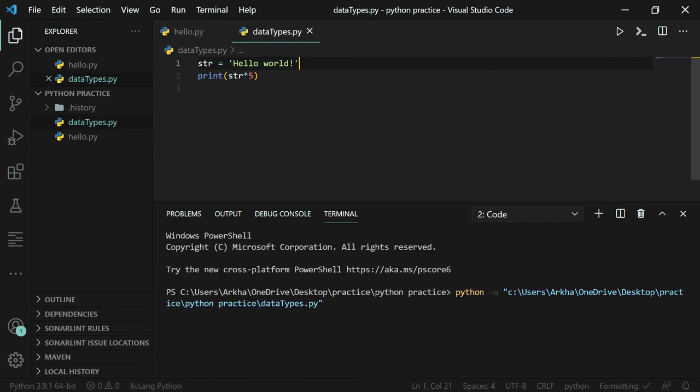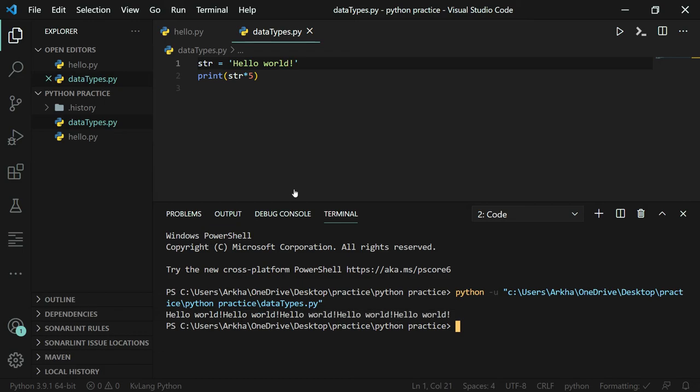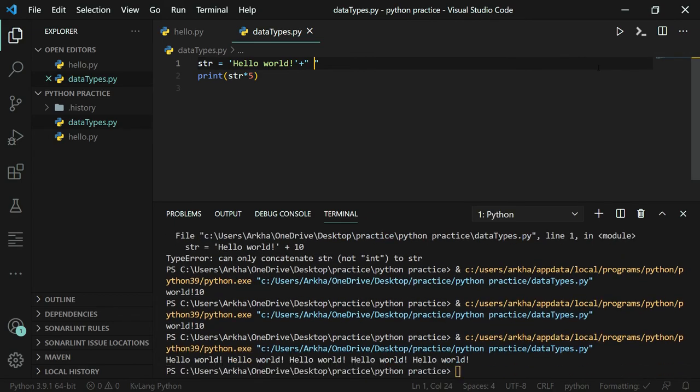So you can see hello world is printed 5 times. And let's add a space. So you can see hello world is printed 5 times with a space.